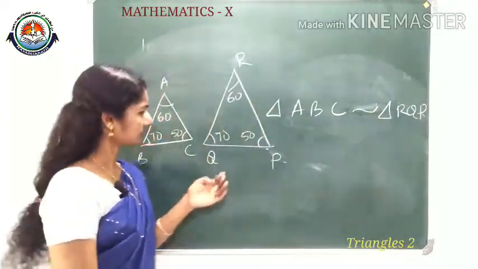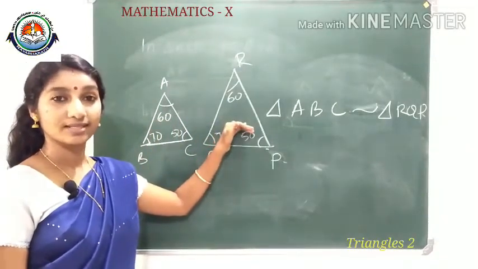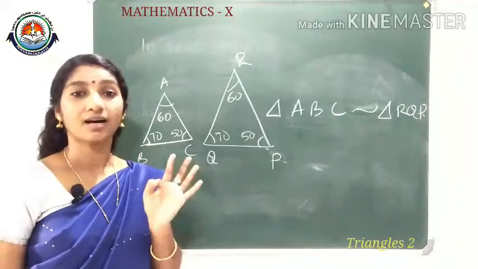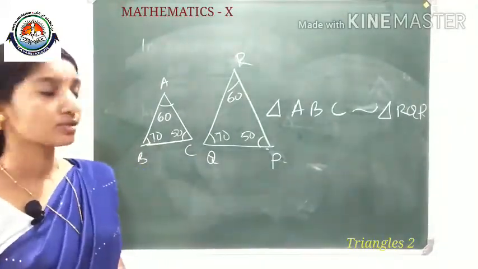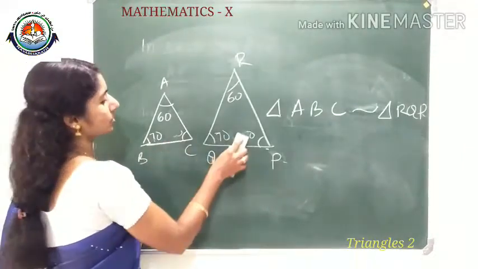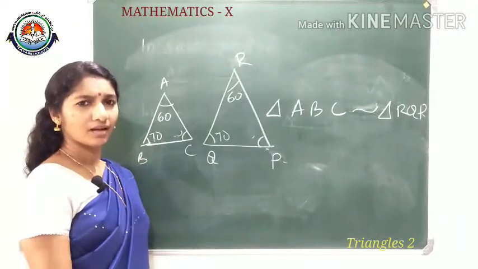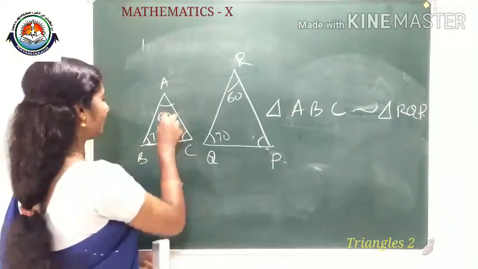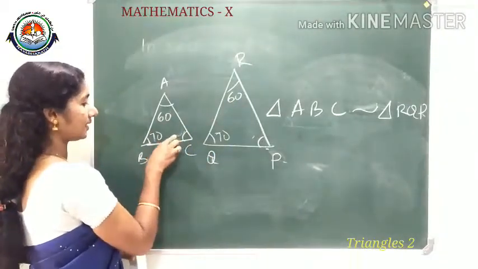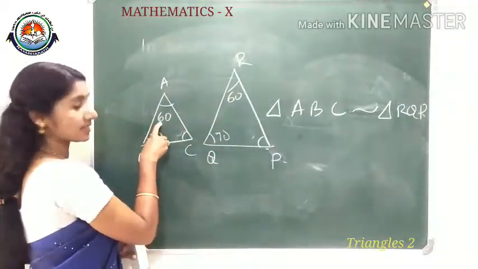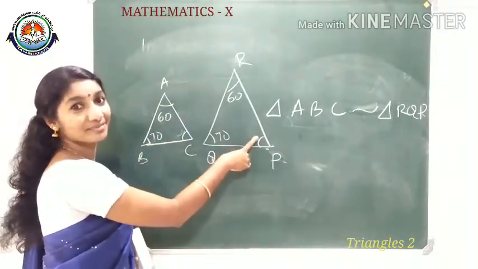Okay. So when will you say two triangles are similar? When their angles are equal, we can say two triangles are similar. Is it necessary to say the three angles are equal? Suppose you have been given only two angles equal. Can you say now they are similar? We can say it is similar, because if these two angles are equal, what about the third angle? Third angle: 180 minus (70 plus 60), that is 130, and 180 minus 130 is 50. Here also we will get the same, 50.